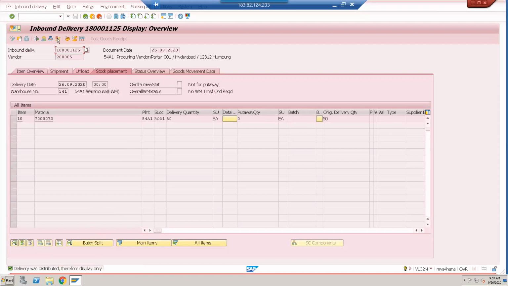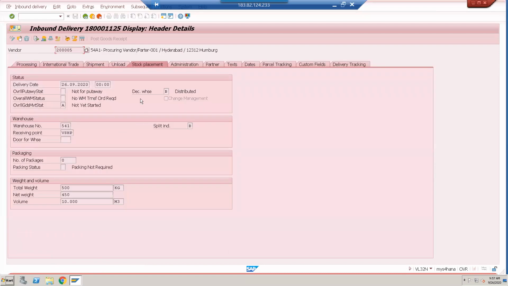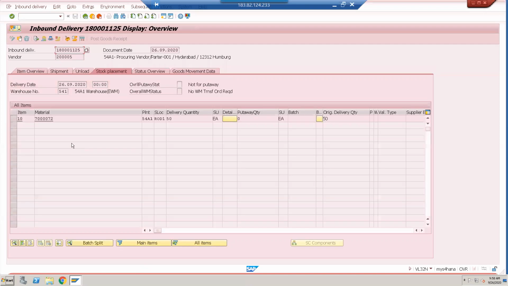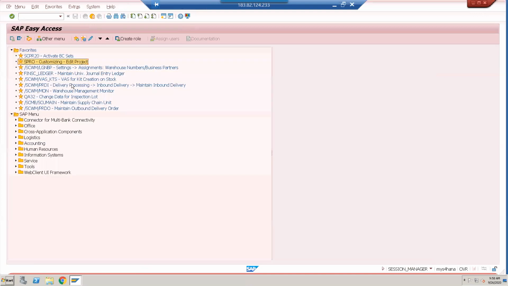If you go to the header, you will see the decentralized warehouse status is distributed. This gives you the status of whether it is distributed, confirmed or completed. Now it is distributed, so you cannot change it. It's for display purposes only. But where can we change it? We can change it in EWM. So let's go to